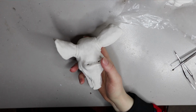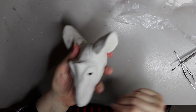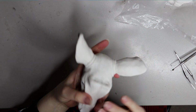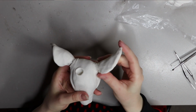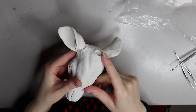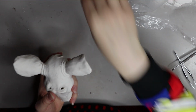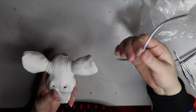Alrighty, so I'm going to pop that in the oven, and now it has come out and baked. I had a little bit of issues with some cracking on the ears, like I thought would happen. That's why I wanted to reinforce it, but that's no problem at all, because I'm going to be adding some Epoxy Sculpt in there, and that will really reinforce the ears and they won't fall off or anything